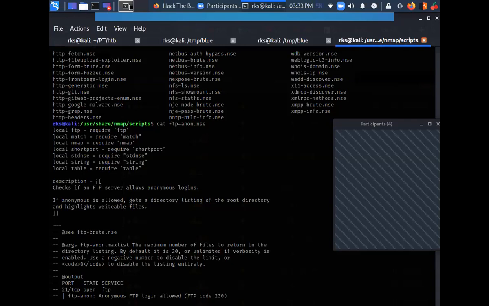JavaScript? No, this is not it. Python? No, this is not Python syntax. This is actually Lua.